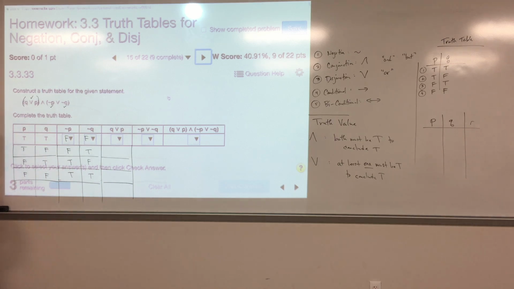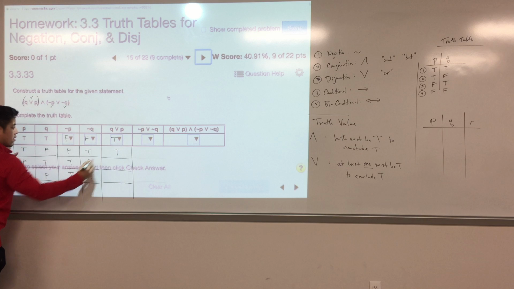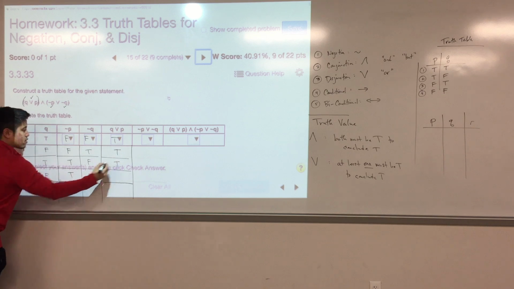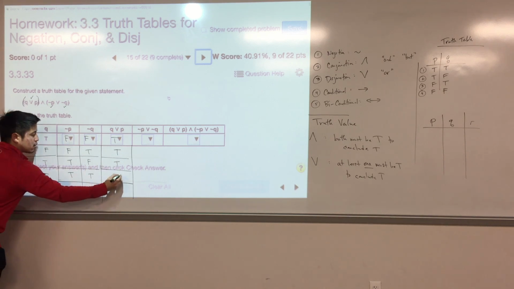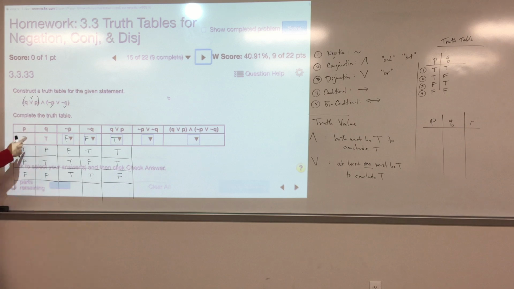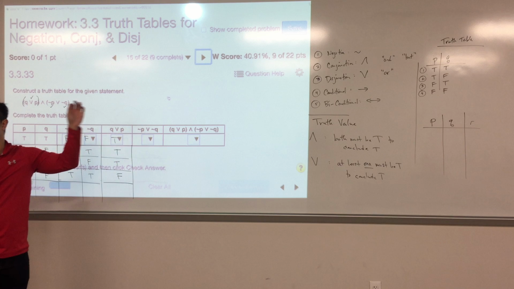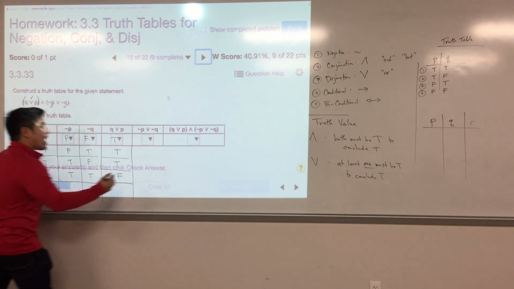All right, so Q disjunction P, Q or P, that's these, isn't it? What is that? True, because the rule for or is that one must be true. How about the next one? True. Next one. True. Last one. False. Perfect. Q or P is what they're calling for. True, true, true, false. Because the rules for or, you have to have at least one true. All right, now